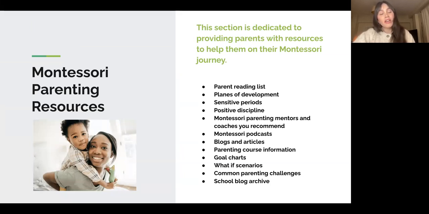You can also host a parenting book club of sorts. I know some schools do this where they make each community read a book a year and they can talk about it chapter by chapter. Have a little bit of information about each plane of development. Again, this helps parents manage expectations about what they can expect from their child from a specific given time in